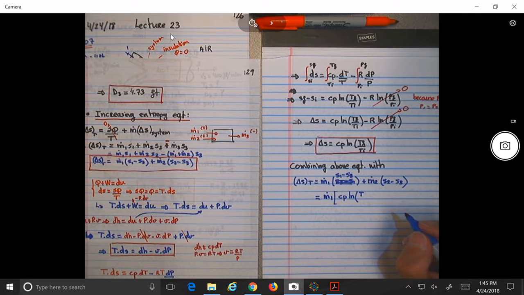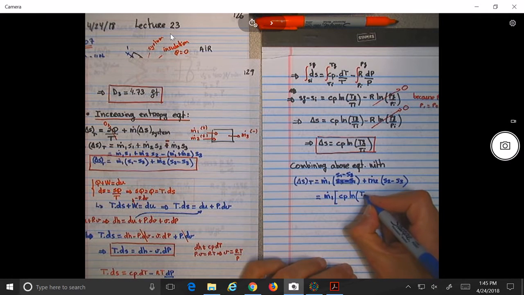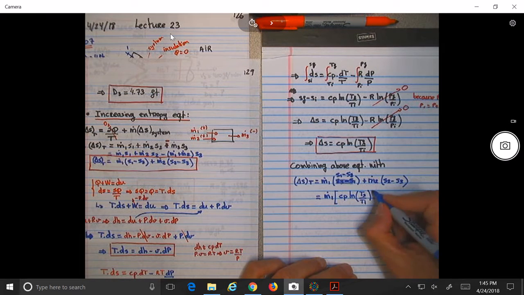Is it T3 over T1 or T1 over T3? So it will be T3 over T1. Yeah, T3 over T1, plus m dot 2 Cp log